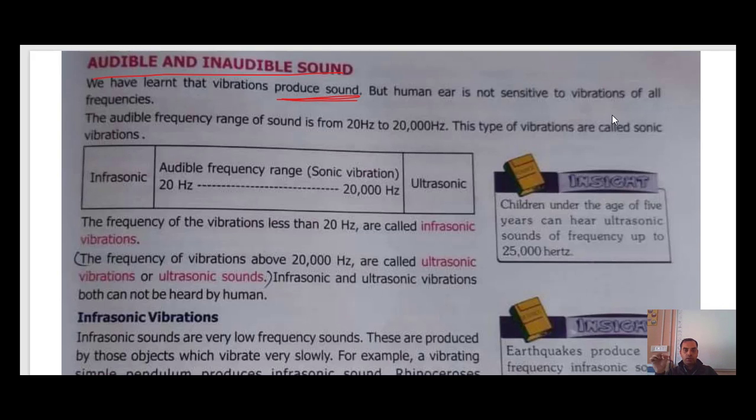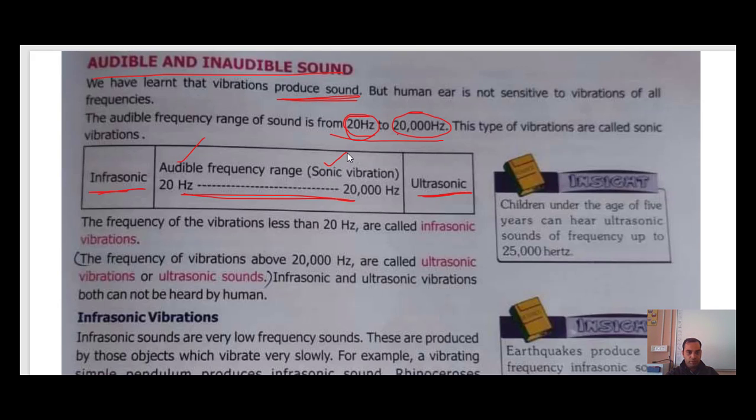So, our ear is designed in such a way that we can hear sound with frequency 20 to 20,000 hertz. Okay, and I can see it here, 20 to 20,000 hertz. If it is less than 20 hertz, we are not able to hear it, or if it is more than 20,000 hertz, we are not able to hear it. So this type of vibration is called sonic vibration. Sonic vibration is the vibration that we can hear. If the frequency is less than 20 hertz, it is called infrasonic. If it is more than 20,000 hertz, it is called ultrasonic. If it is in between 20 and 20,000, it is called the audible frequency range for humans, which is also known